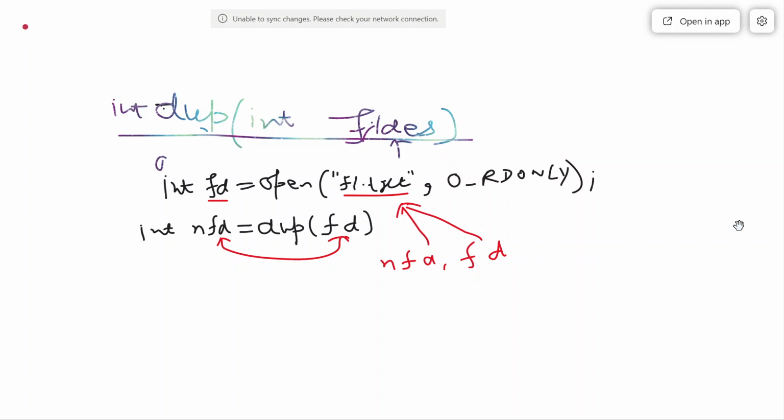That means for the same file, if I need to create two file descriptors, then I can make use of the dup system call. Now one may ask, sir, why do we need to create a duplicate of that?